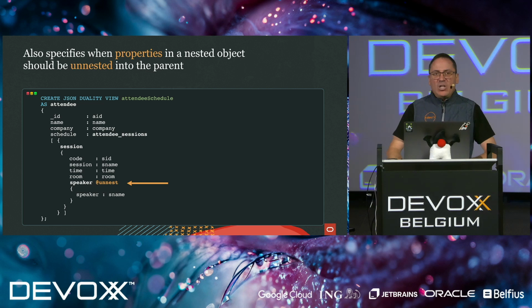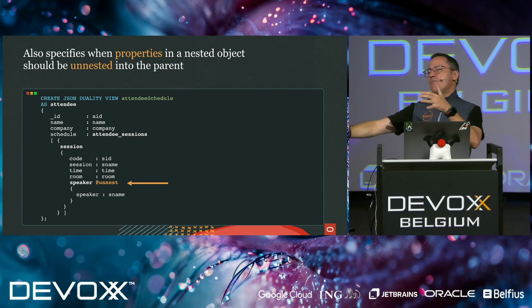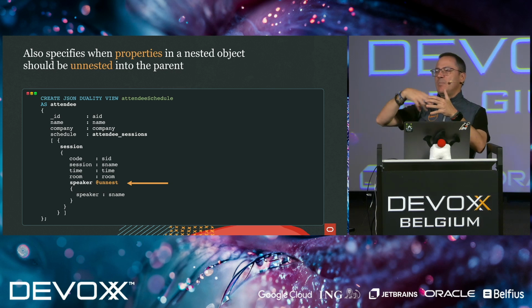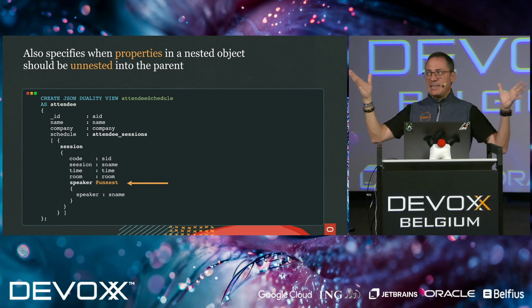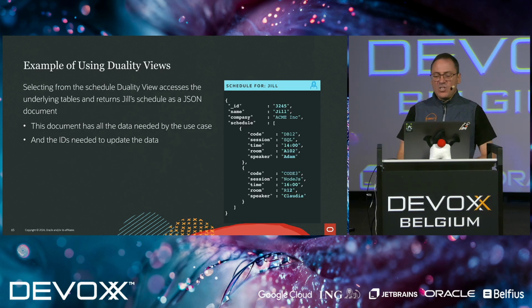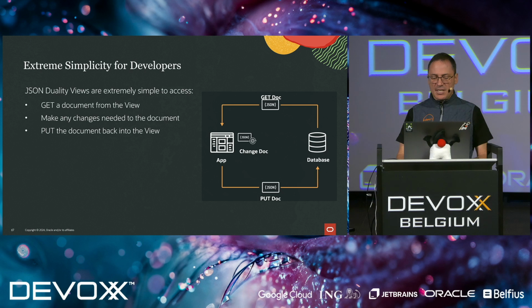But if the document defines a relationship with existing elements, then those relationships will also be realized in the relational tables. We can also define these queries, this annotation to say the speaker property that happens to be deeply nested somewhere in our graph, we want to lift its properties to the element that is adjacent to the next level on top. So the name of the speaker will be seen as part of a property inside the session object. The advantage of this is that once you have this mapping, then you can produce and you can consume these documents very easily. You can use SQL queries or you can use document queries. It's exactly the same in order to read, to update, to insert, to delete, all these things.